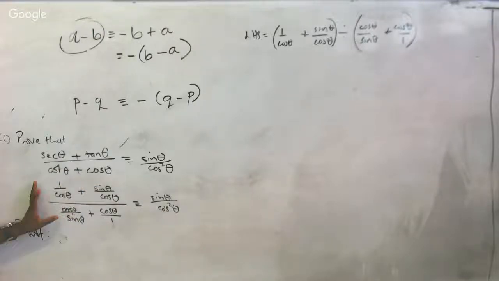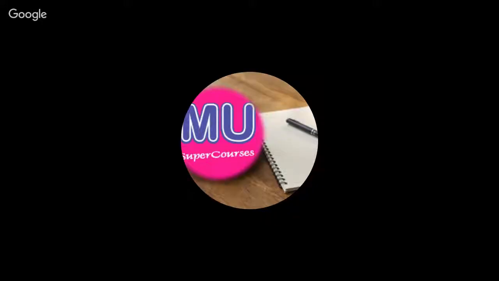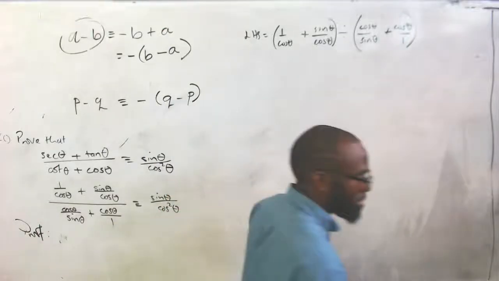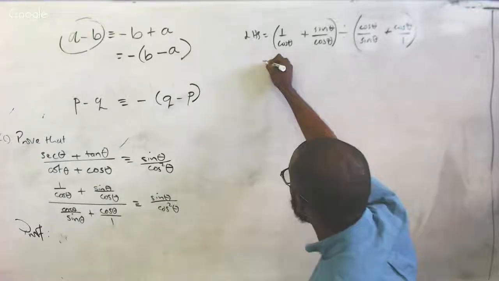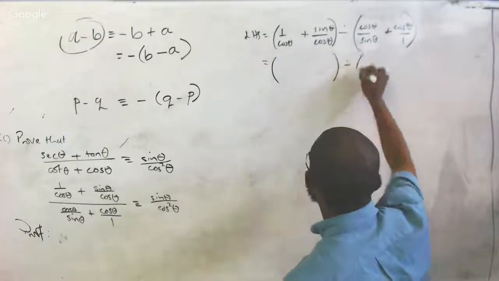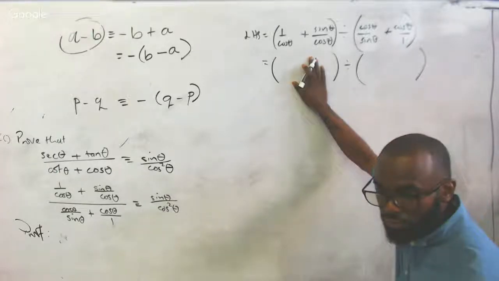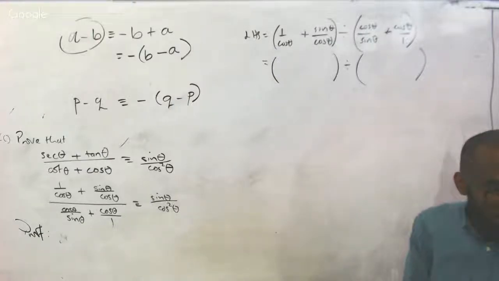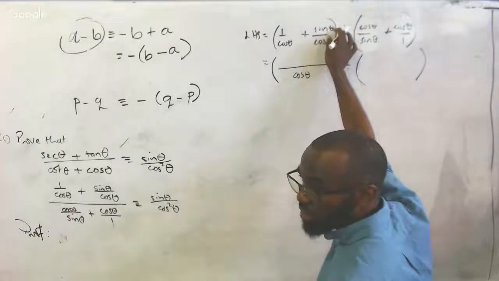Whenever I have a fraction and the numerator and or the denominator are themselves fractions, I want to simplify it in a nice way. So I keep the numerator, then I put a division sign, and then the denominator. Fair enough? That's just our nature by now. Then, by BODMAS or any other algebraic law that you know, we need to work out the brackets first. So we're going to look in the brackets and I'm seeing 2 fractions of the same denominator. Because they're of the same denominator, I keep the denominator and group the numerator. That's the rule.